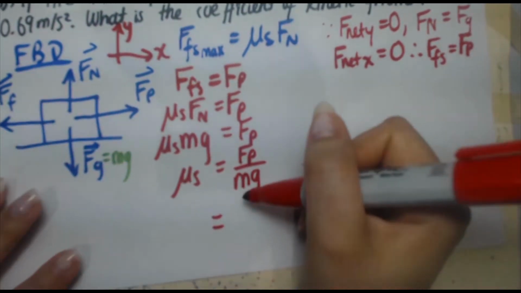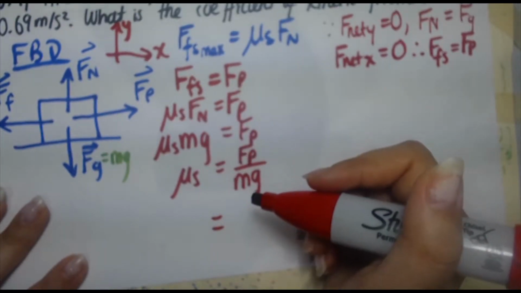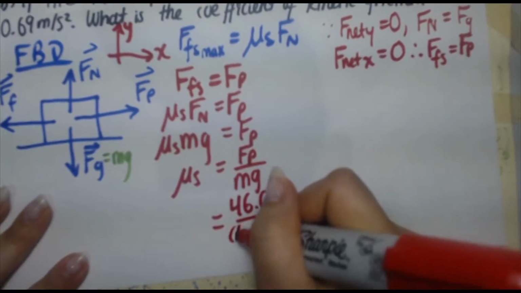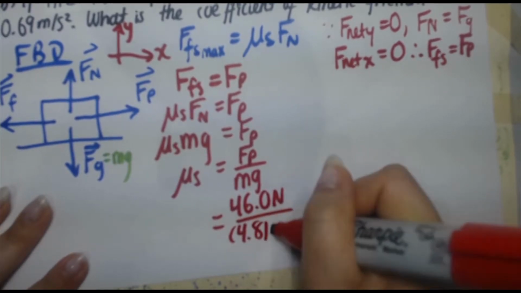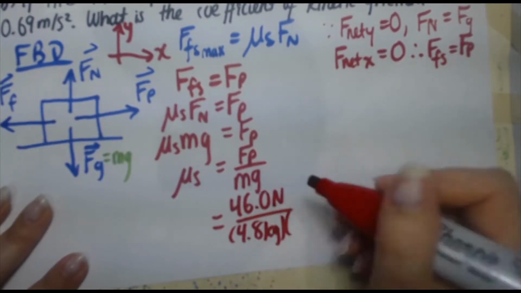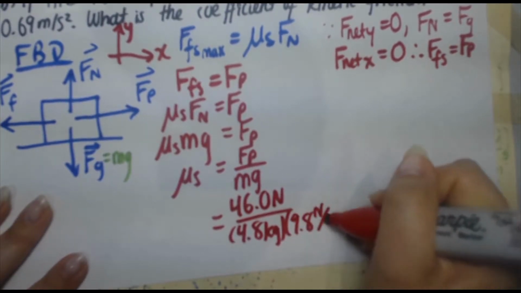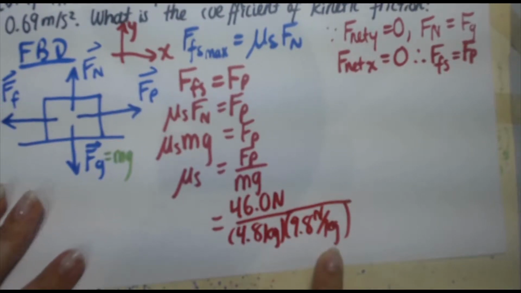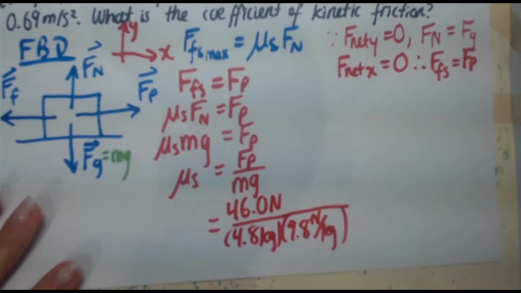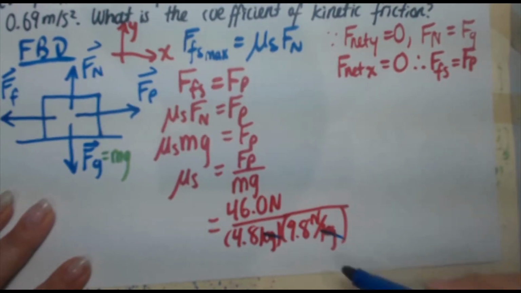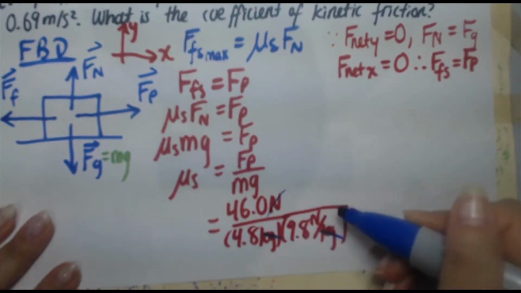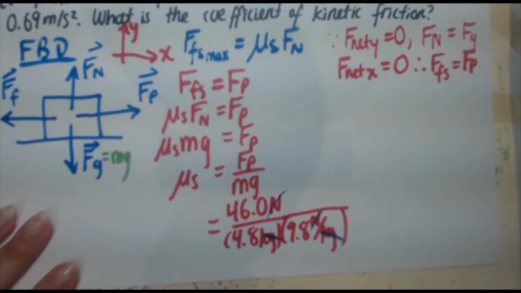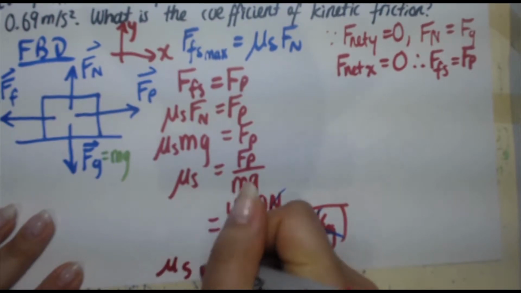So if we plug in our numbers, the force that is getting pushed with is 46.0 newtons divided by the mass, 4.8 kilograms, times acceleration due to gravity, 9.8 newtons per kilogram. Remember, acceleration due to gravity has two units that work, meters per second squared and newtons per kilogram. I use this one here because the kilograms cancel, newtons over newtons cancels, and that leaves us with a unitless quantity, mu s, which is exactly what we want. So we end up getting mu s is equal to